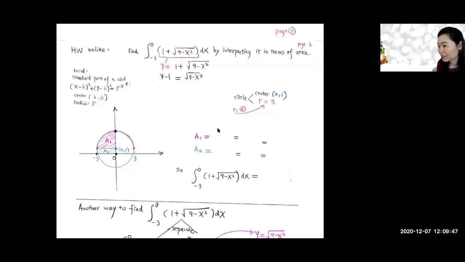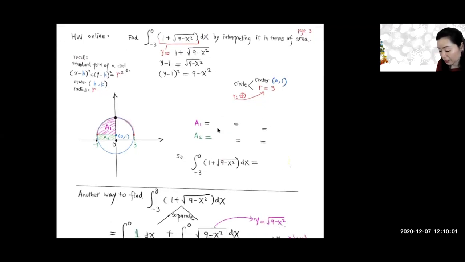After that, you're going to square both sides, okay? So you have this y minus 1 squared equal to 9 minus x squared. And then after that, you're going to put the x squared and y minus 1 squared together on the same side. So you're going to have this,